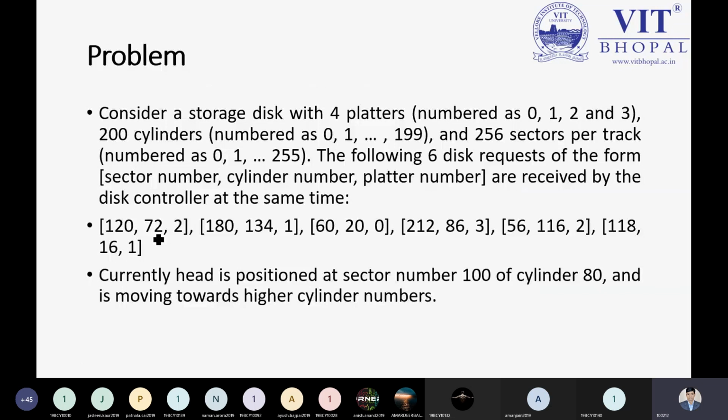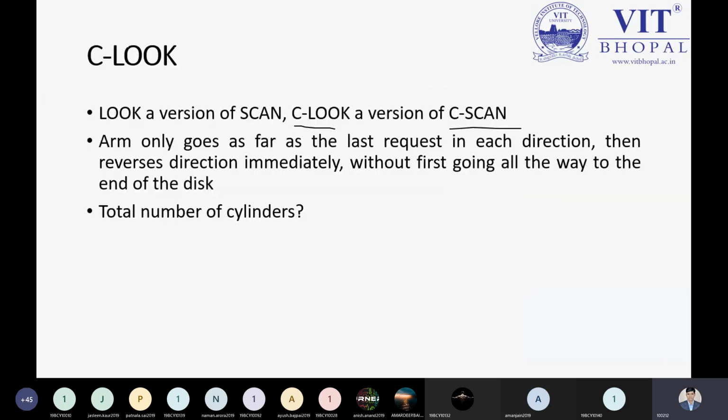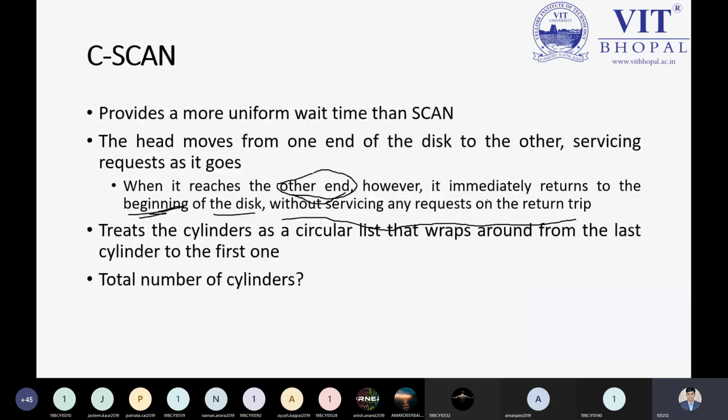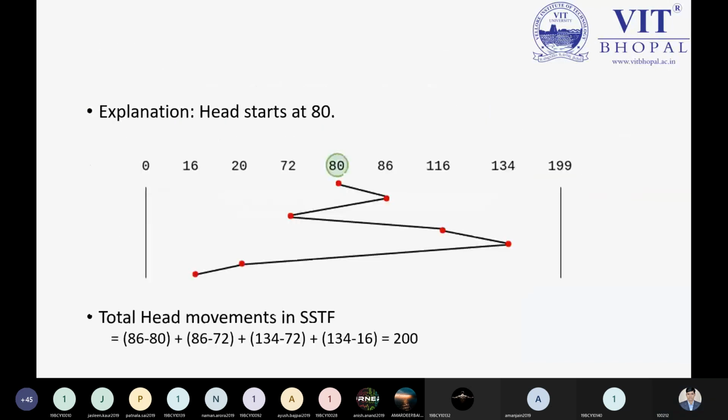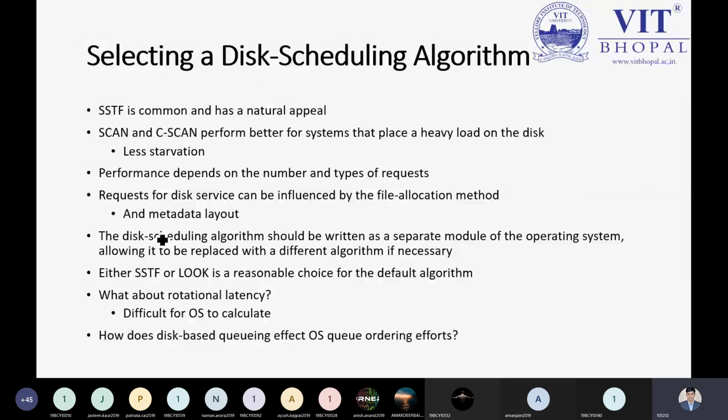Okay, is it clear to all? C-SCAN, SCAN, and yes, student, please tell me. Yes, student. Hello. Yes, let me see your answer. Your answer is